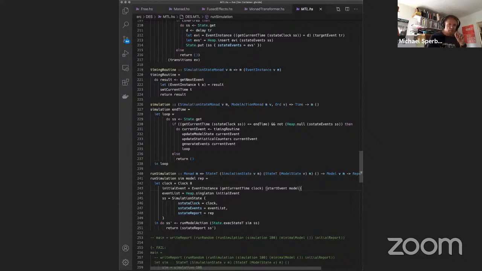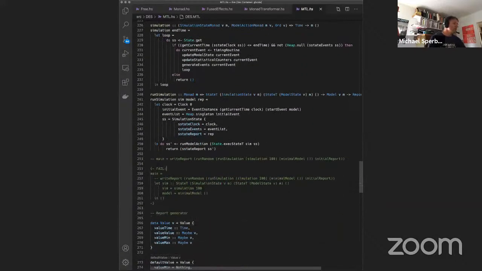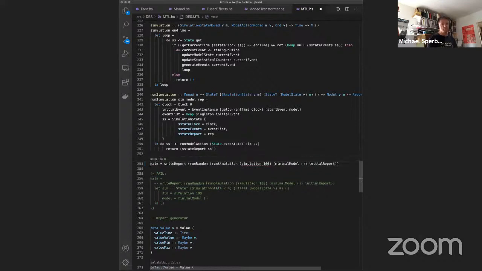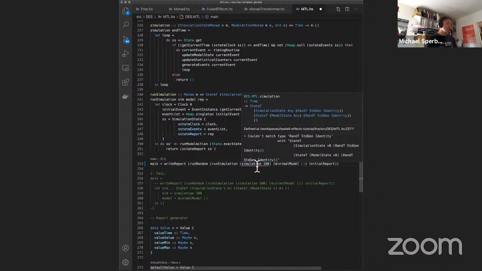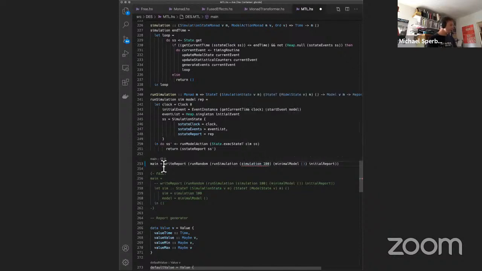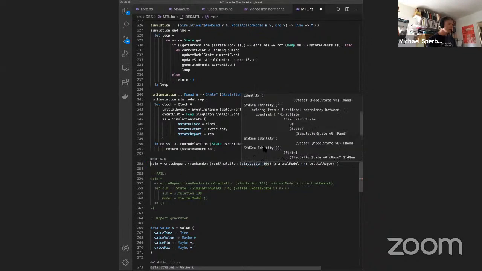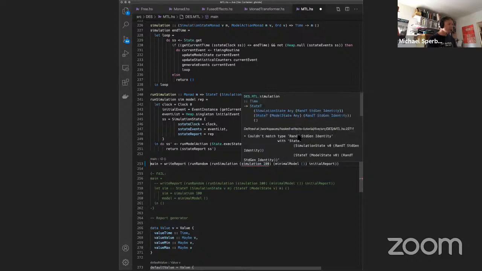So you've noticed at this point that, again, I've rewritten the code slightly, but it got nicer compared to the monad transformer version. The problem is then run simulation is then calling it, right? And so here's the version, for example, from the monad transformer library, right? So in principle, that should just work, right? But unfortunately, it says, oh, here's a problem. And it says, couldn't match type, RandT StdGen Identity. Maybe we should switch to the, well, it has to be enough, I think. Hopefully you can see that. Couldn't match RandT StdGen Identity with stage C, where the standard